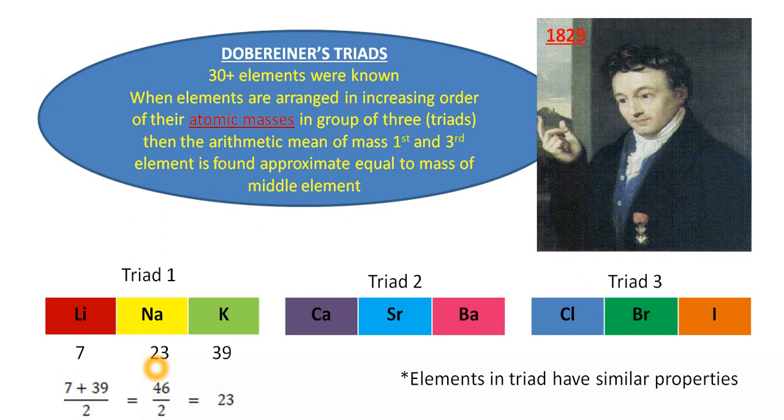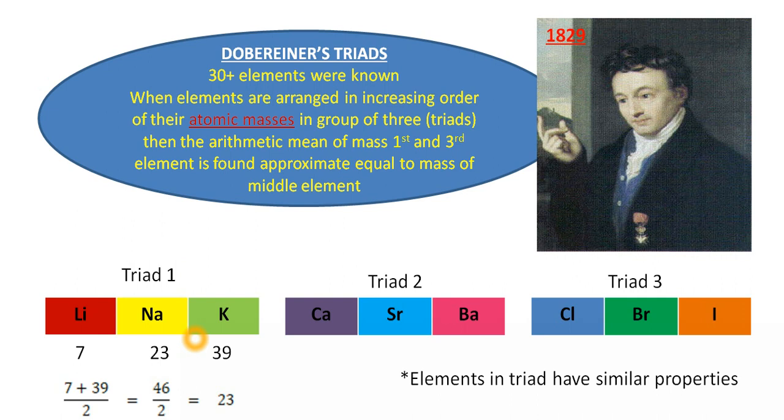And one more thing, the elements in the triads he made all have similar properties. That is why they were placed in a group, because grouping means you have to group the elements in such a way that the properties are the same. So the elements in triads have similar properties. Like you can see here, lithium, sodium, and potassium, they all have similar physical as well as chemical properties. See, they all are metals. They all react with water and form alkalis and hydrogen gas, and all of them have a valency of 1. It means they have similar properties.